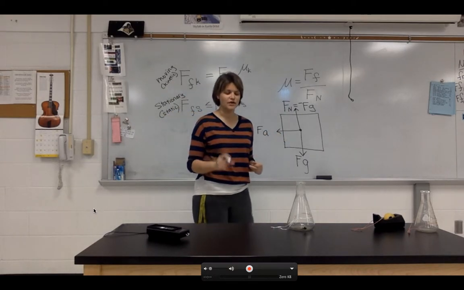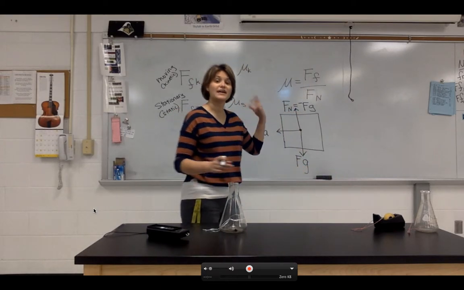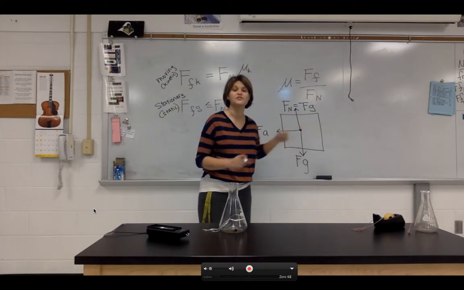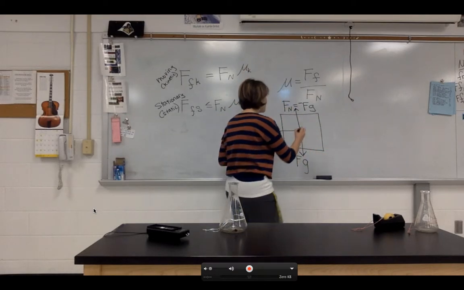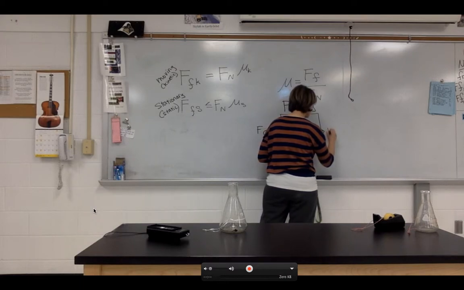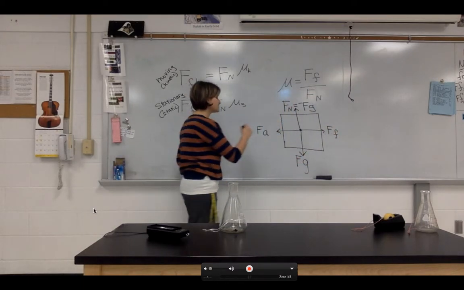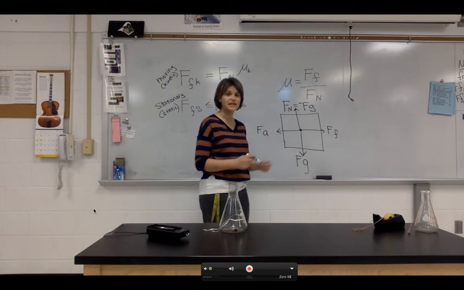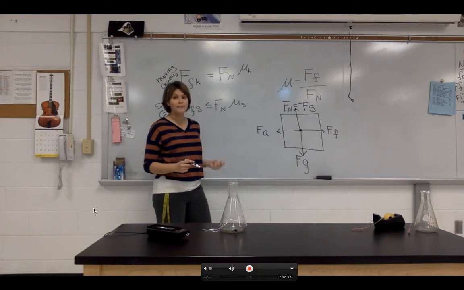And then we also know if this is moving with a constant velocity, then there has to be some force acting against it, which is my force of friction, trying to slow it down. And so that force of friction, if this is moving with a constant velocity, has to be